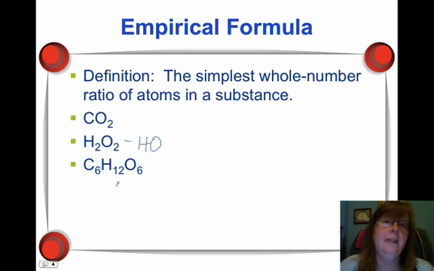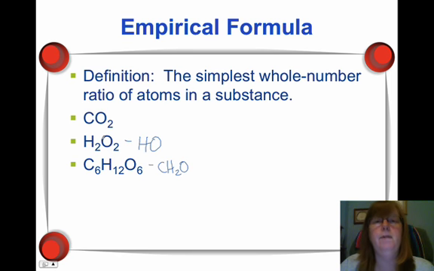The next one is glucose, C6H12O6. That is not the simplest whole number ratio of the atoms in glucose. It can be simplified even farther, and so the empirical formula, dividing everything by 6, would be CH2O. So that's what an empirical formula is. It is the simplest whole number ratio. So if you can simplify those subscripts down at all, then you should do that when they're asking you